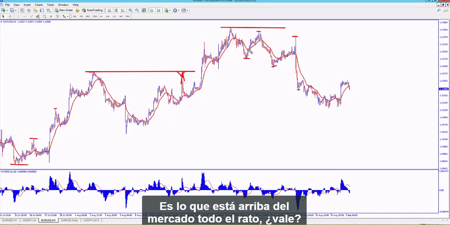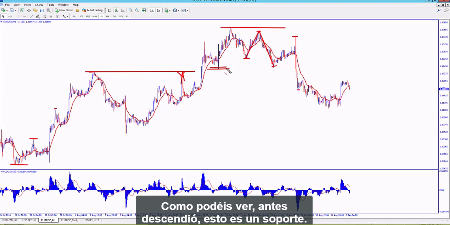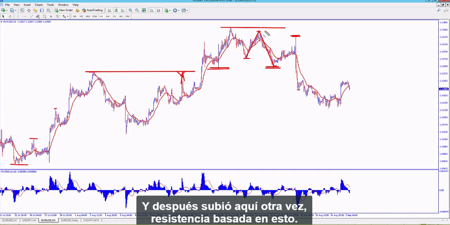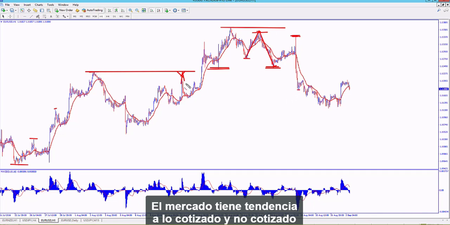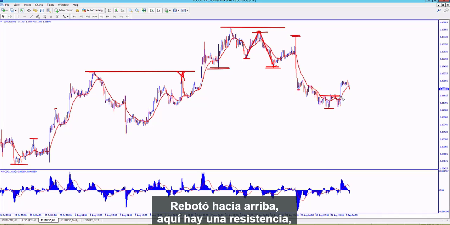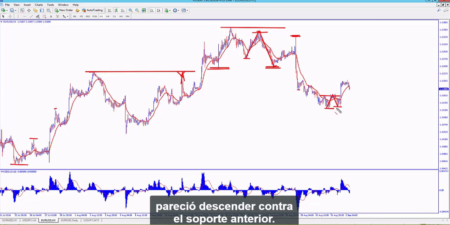If we look at the charts up here, so here, that's resistance. It's above the market at the time, right? Market went up, found resistance, came down. Here, as you can see, prior swing low, that's a support. And then up here again, resistance, based on this. The market consistently likes to, quote unquote, test areas. For instance, market made a low, bounced up, here's resistance, market tested resistance, and then tested back down against the